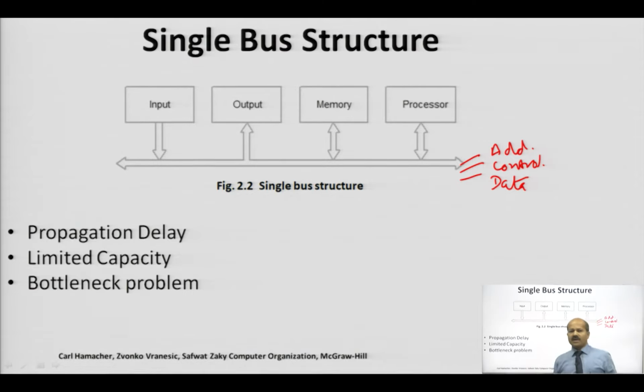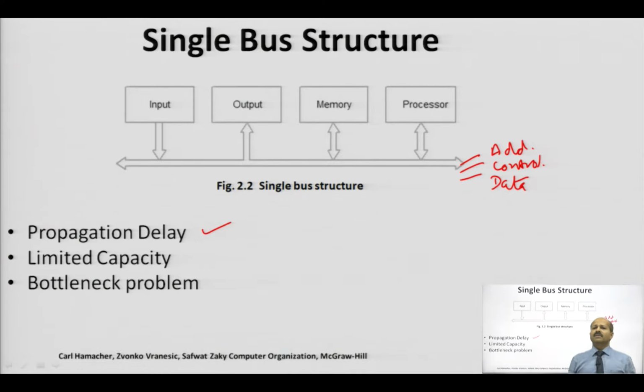So, all the components can transfer their data through this common line, single structure, but this has some serious drawbacks or limitations. First, if we connect more number of components, then obviously there will be a problem of propagation delay, because more components are utilizing the bus for data transfer. So, propagation delay may be possible, and obviously this will have one more drawback, that is limited capacity, because in